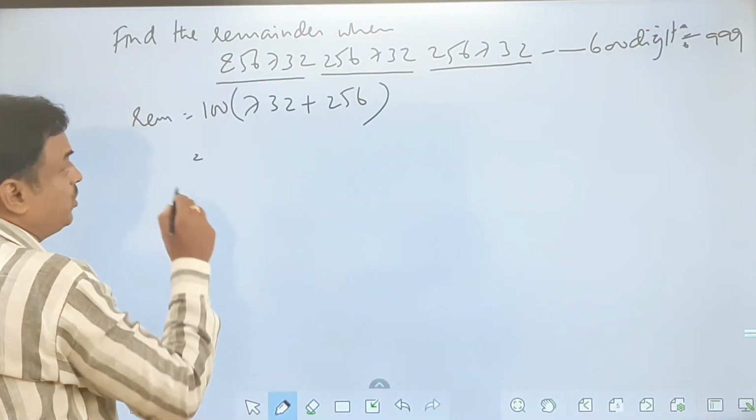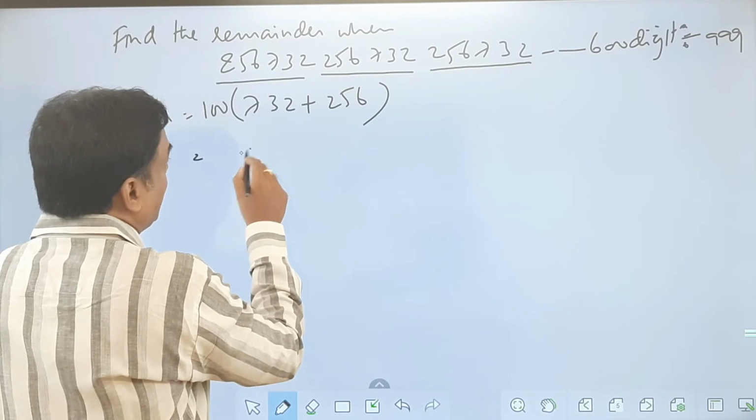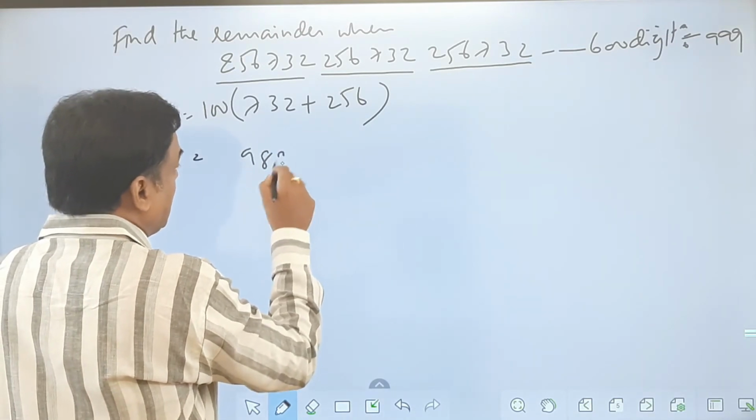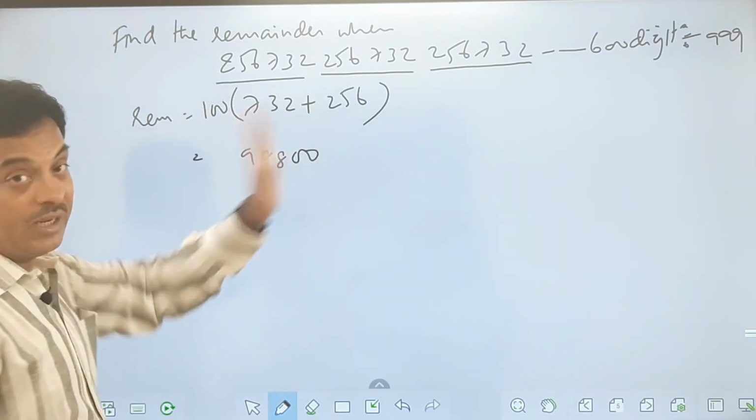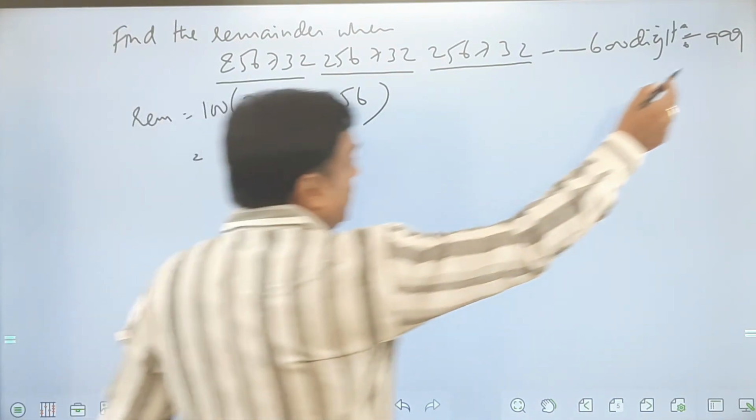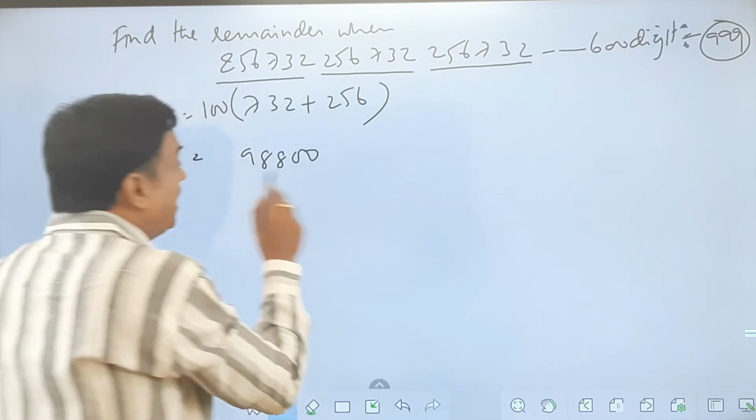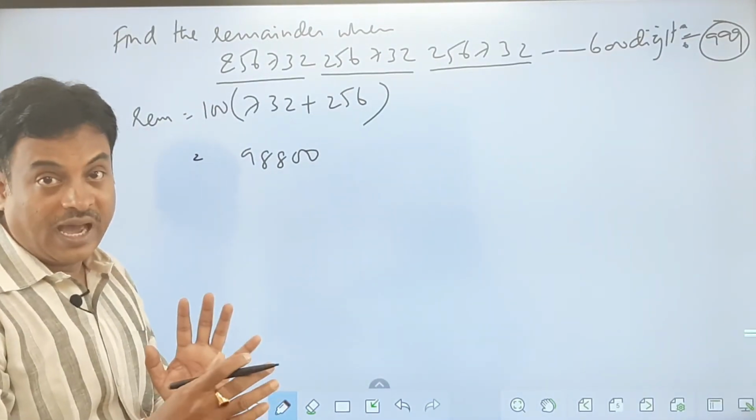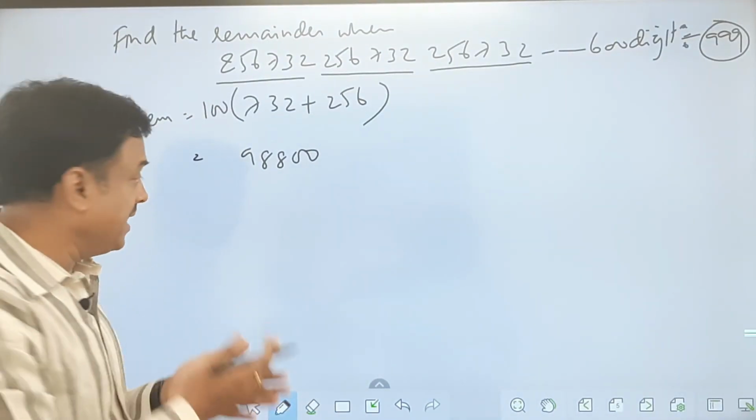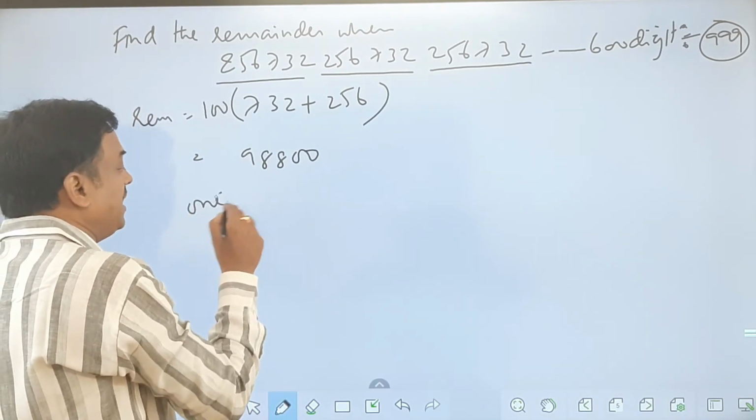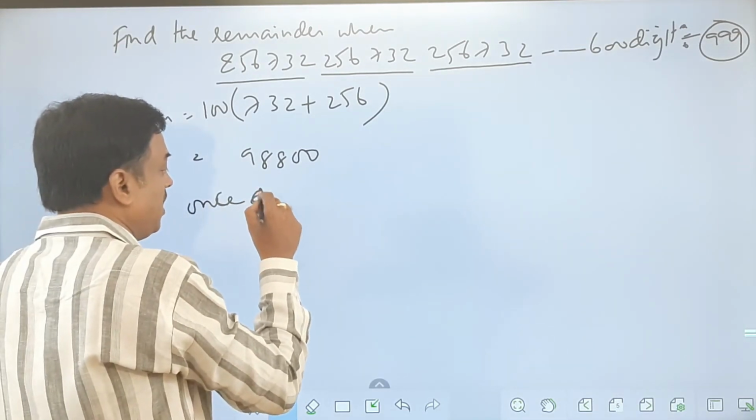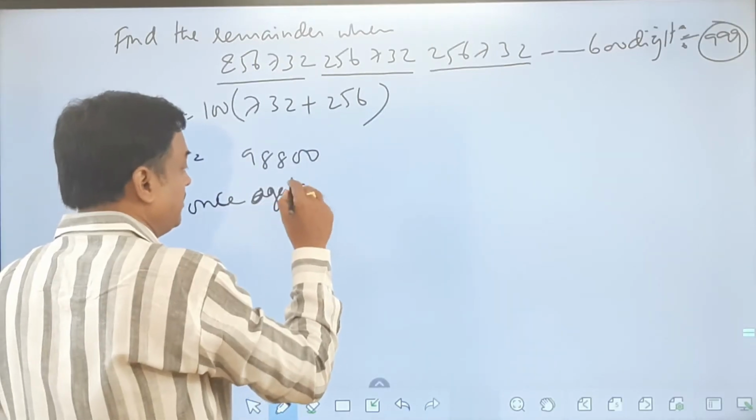Now when I add both the numbers here, this will be 988 followed by 2 zeros, which is the value I got after multiplying by 100. But since I am dividing by 999, my remainder cannot be such a long number. I have to get something less than 999 as an answer. So I should divide it once again. Once again, if I divide